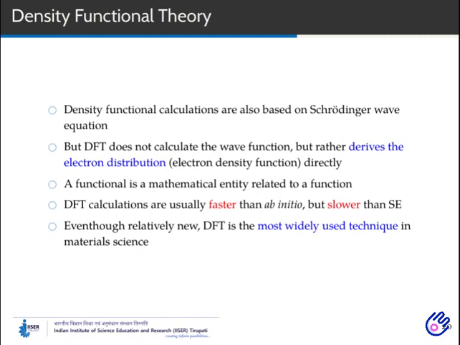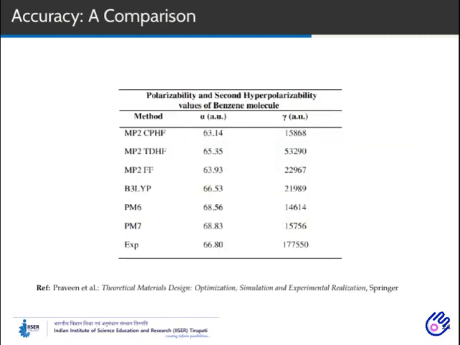But the accuracy of the results is many folds better than semi-empirical methods, and most of the time the error percentage with respect to ab initio is negligible. Due to this fact, nowadays DFT is a widely used method in material science over ab initio or semi-empirical programs. Since every field in this section is very broad and has many techniques like CCSD, MP, Hartree-Fock, B3LYP functionals or PM6, etc., I don't want to complicate things by discussing them in much detail. So you could refer to the attached reference for a more elaborate discussion.